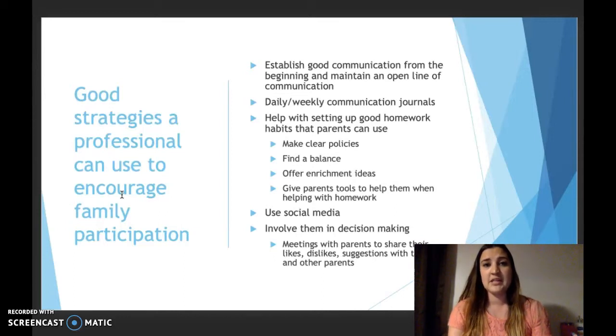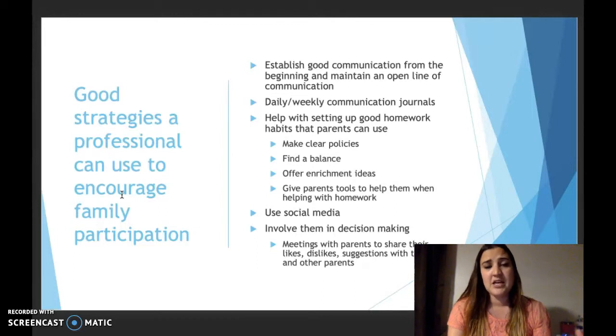Make sure that they know that they can come to you with questions, concerns. They can share good news. They can talk to you when there's trouble going on at home. Anything, any way that you can open that line of communication from the very beginning, and then make sure that